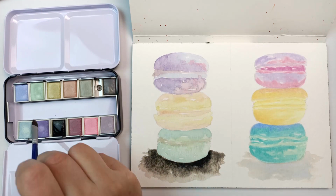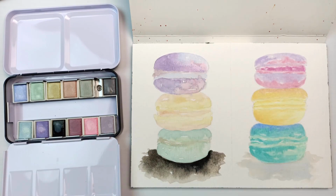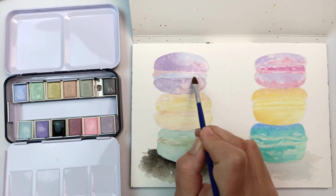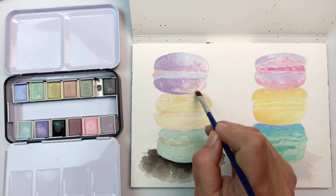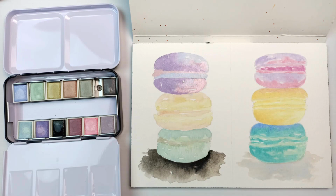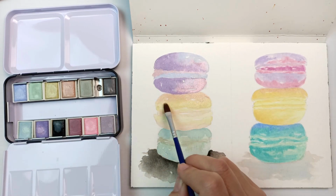And as you can see, that dark charcoal colour is really fantastic for getting a great shadow there, so I did like that very much, and I think having one dark shadow colour in there was very beneficial to the set. The name Vintage Pastels worked really well for the set,